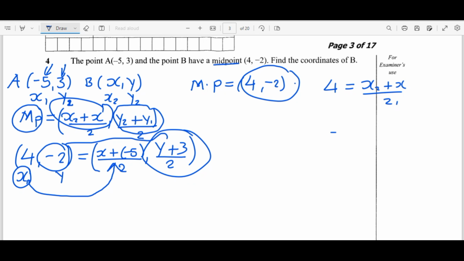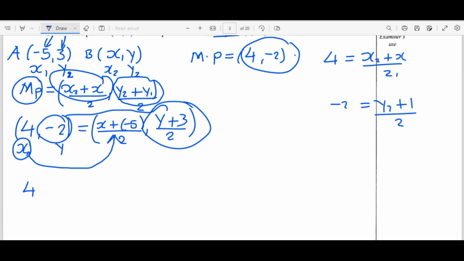Then the other, -2, is equal to (y2 + y1) over 2. So from the midpoint, the x coordinate must be equated to the first part that contains the x coordinates for the points, and you do the same for the y, which simply means that